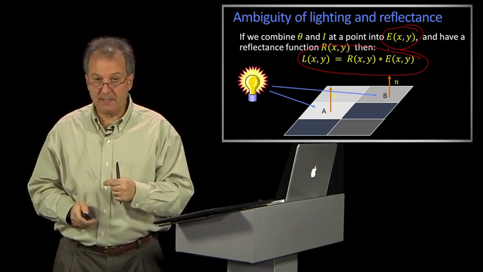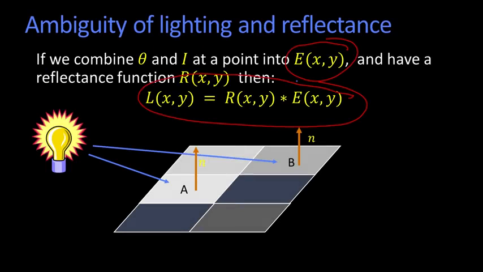And the problem is, if we measure L and we want to recover R, the question is, how is this possible? Because we might not know E, right? So E can vary, right? It can fall off because of the shadow, etc. So the question is, how can we do this? And the answer is we have to make some additional assumptions. So some assumptions I'm going to tell you now are the ones that we're going to use to drive a particular computational theory. It's not clear exactly what assumptions